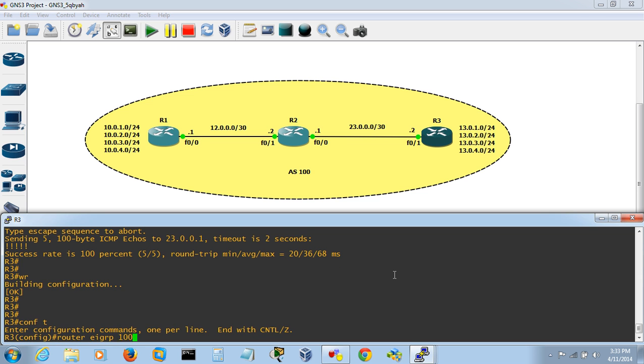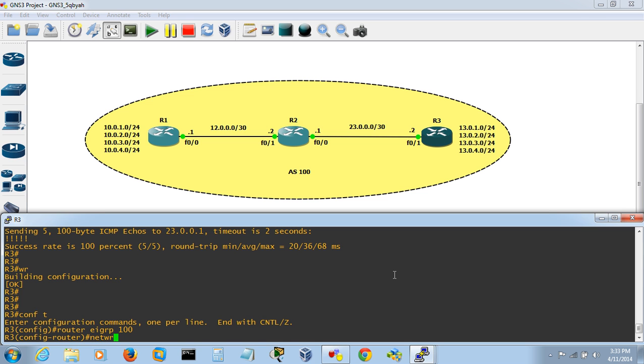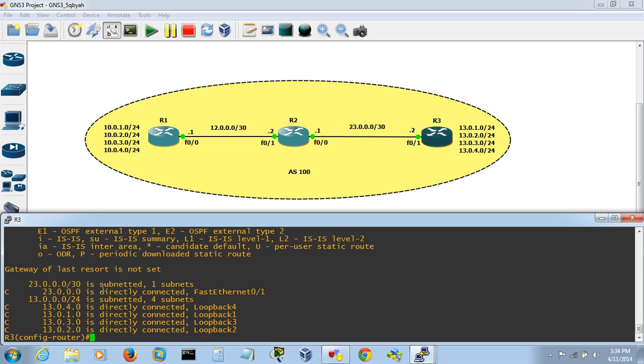Router EIGRP 100 network. What are the networks? First we see the routing table. Do show ip route. How many networks do we need to advertise? It will tell you the 23 network and the 13 network, right? So what you need to do is network